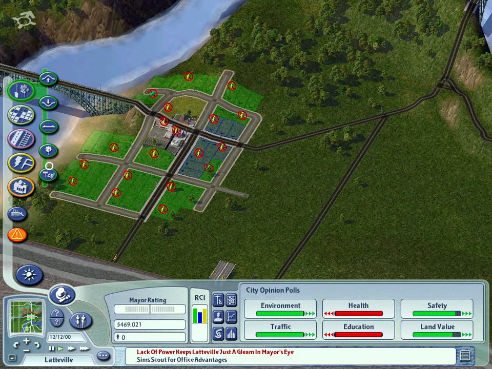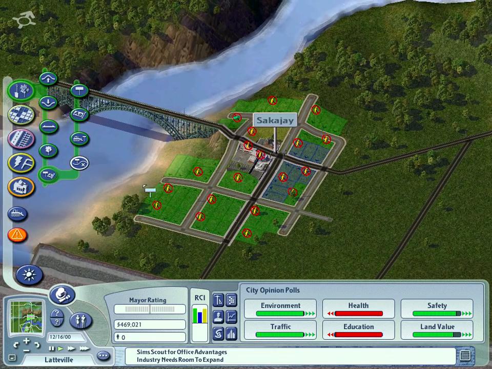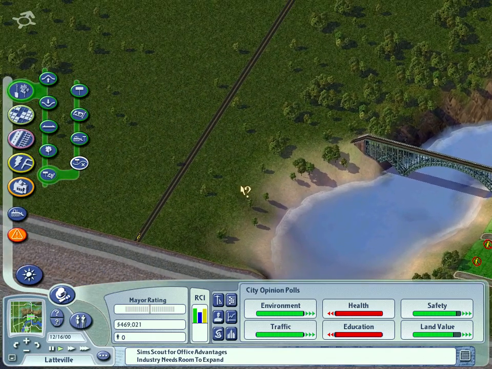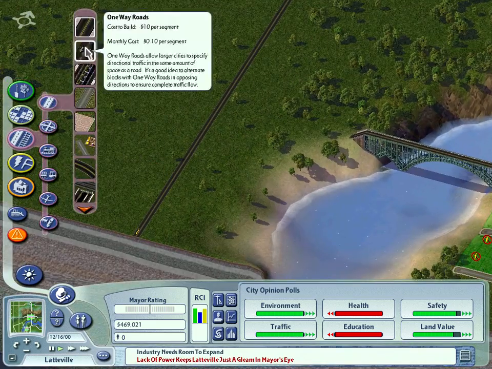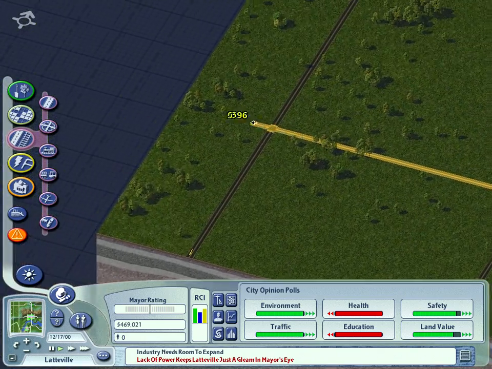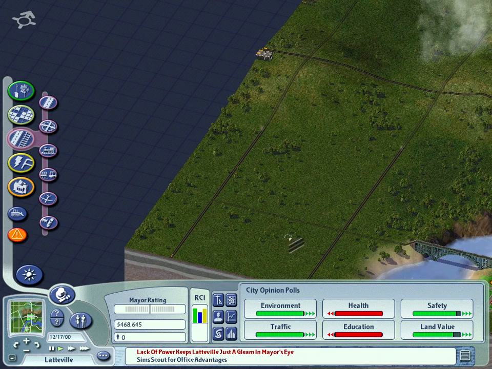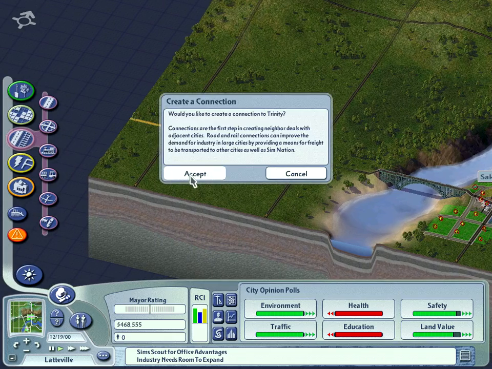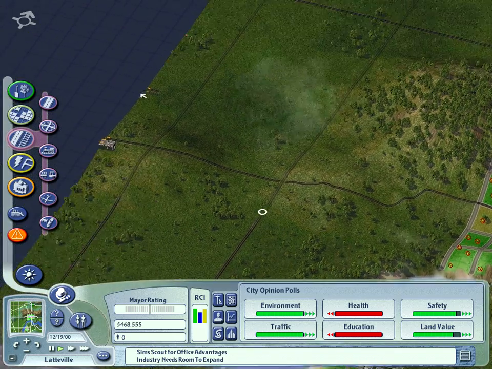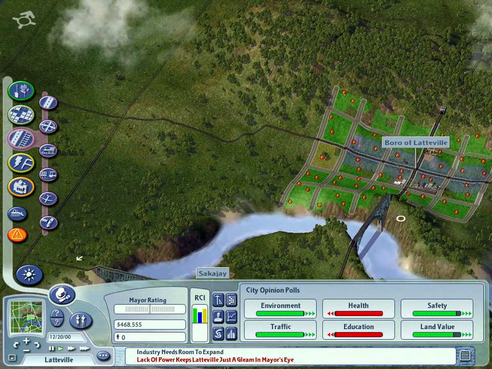We're going to call this Sakajai. Why? Because mothers and children would love to come to Sacagaway, I guess. I don't know. Alright. It's interesting there's no road connection to Trinity in this area, so let's make one. Why not? But anyway, now that we got that together,